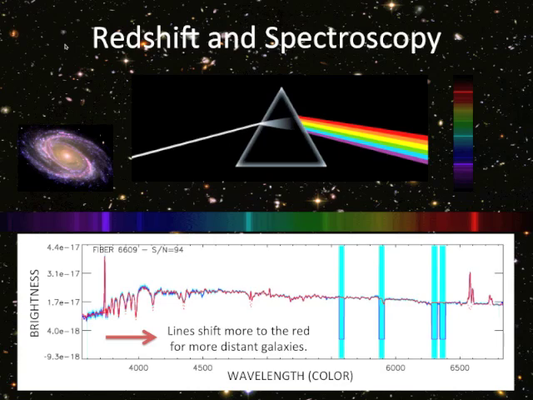So now we have a standard, and we can take a spectrum of a galaxy and ask where this oxygen line, for example, is sitting. The further away this galaxy is, the redder and redder that line is going to appear, but it's going to be the same for all galaxies. So simply by taking a spectrum of the light from a galaxy and measuring the position, the wavelength, or the color of a certain spectral feature that we know, we can measure the velocity with which this galaxy is moving away from us, and therefore we can know how far away it is.